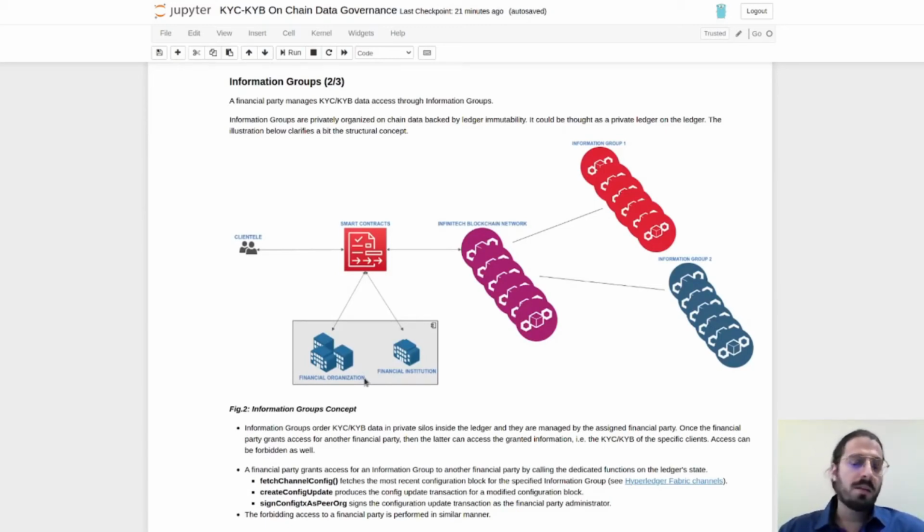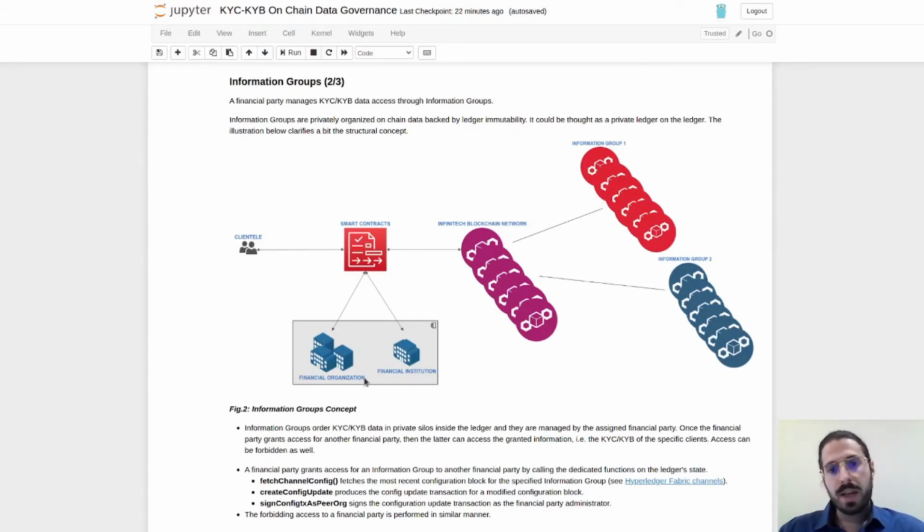In order to understand this better, a financial party can manage an information group, and what we do in this application is that this financial party grants access or forbids access to the information group that is a specific KYC, KYB data of clients.